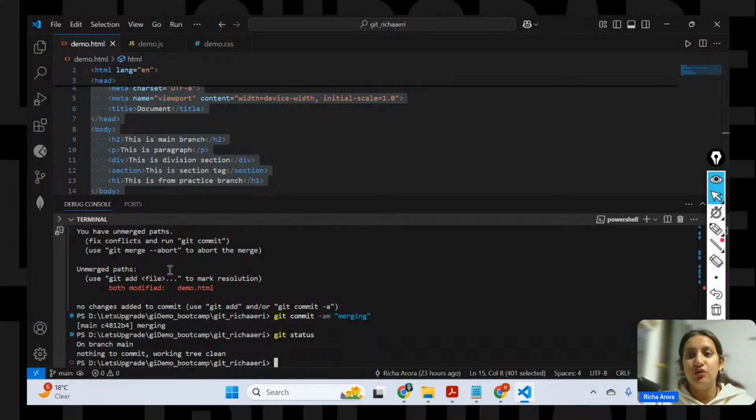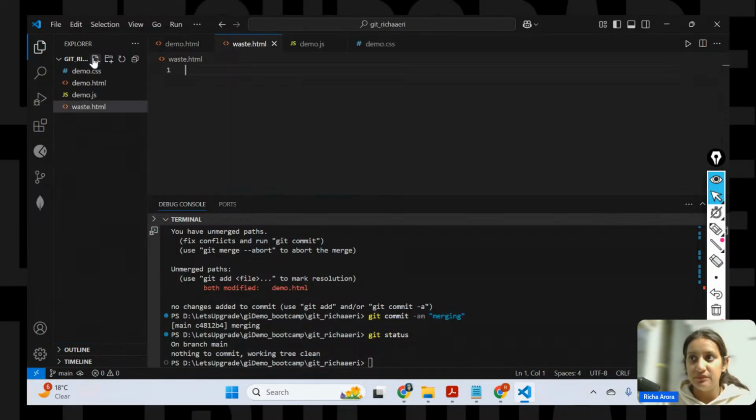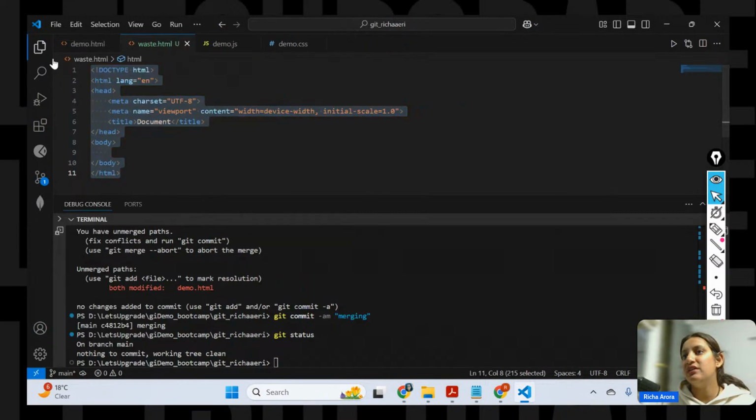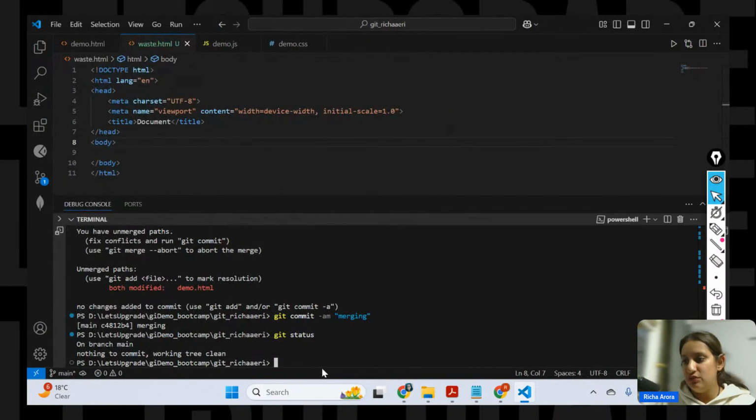Now let's say you want to remove some file from the repository. So what I'll be doing, I'm going to come here. Let's say I'm creating this waste file. So waste.html. All right, and created this simple code and saving it, right? So now this is a new file that we are creating, correct? Okay. Now, if you will check with git status, of course, you are going to see